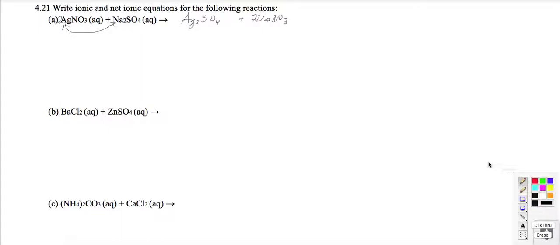Sulfates are usually soluble here unless they're with silver. If they're with silver, it is going to be our precipitate. So there's the precipitate. Let's go ahead and break this thing up. We have 2 silvers, 2 nitrates, plus 2 sodiums, plus sulfate gets us to 2 silver, 2 silver sulfate, which is a solid, plus 2 sodiums,